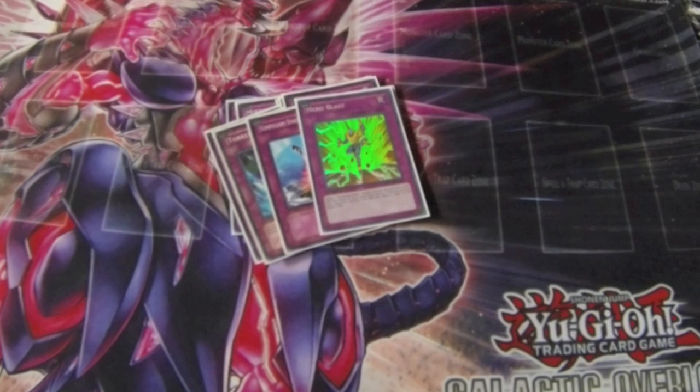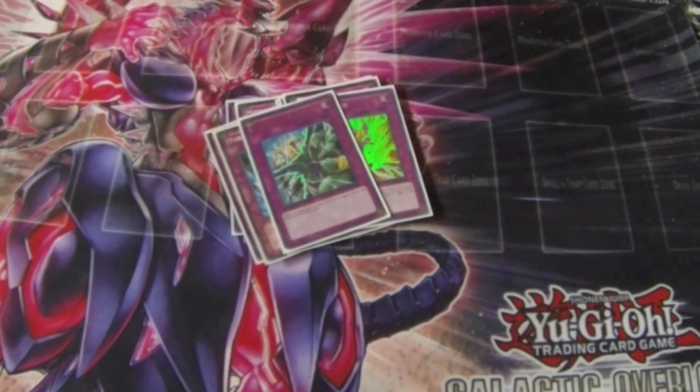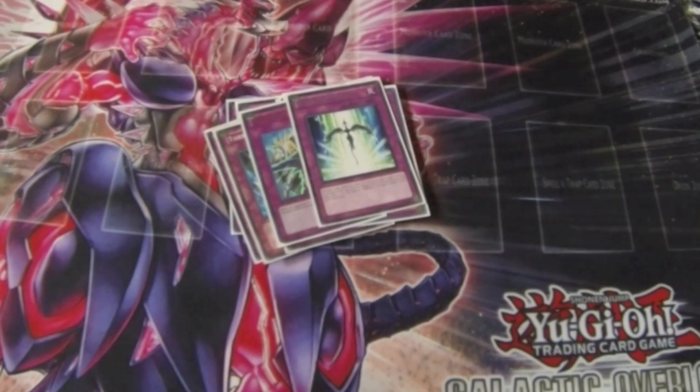I don't really like Hero Blast. I understand it's a very good card, but it can be very inconsistent at times. 1 Dimensional Prison for shutting down Grapha and other big monsters. 1 Starlight Road because if you're able to set a whole hand of back row at a monster, you're probably